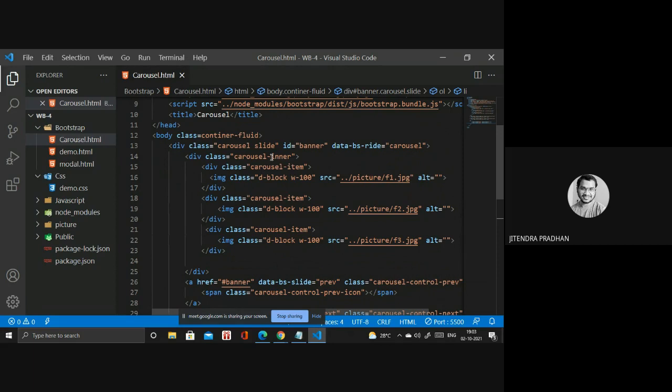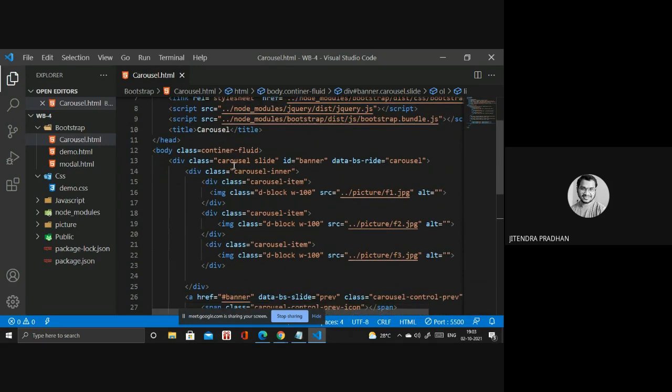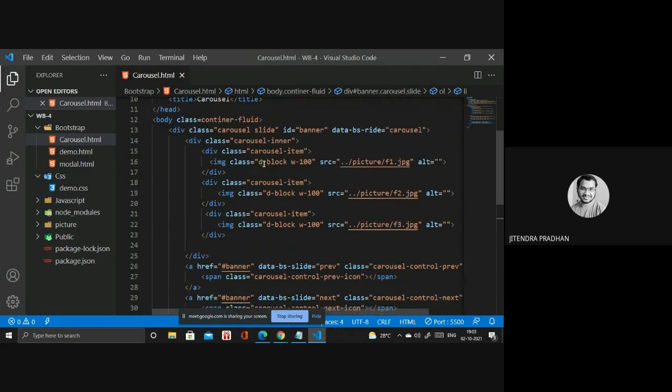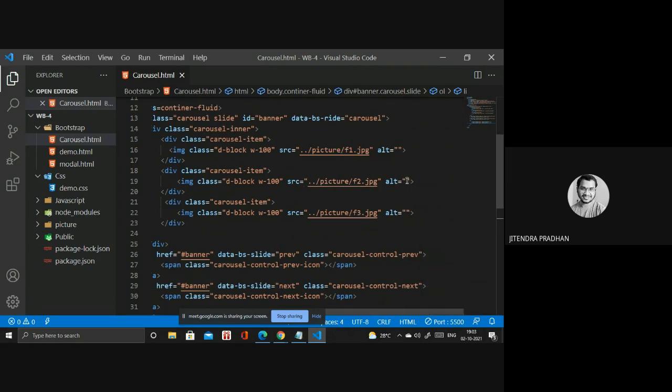I think we are giving that ID. What is that ID? I banner. Yeah, carousel slide inside that there. Next, what happened? Okay, then yeah, we have done all these things. But the block with 100% carousel item inside we have all the part. Okay, I will give you data interval. Let's see whether it's working fine or not. Next, we have to check that part.